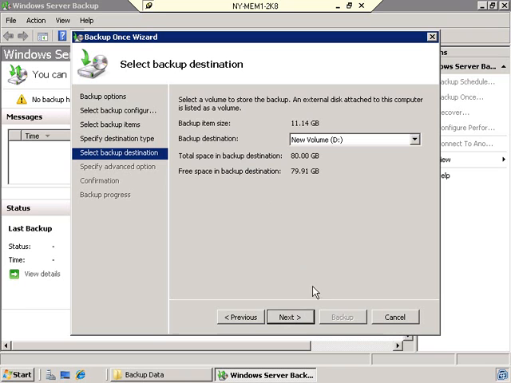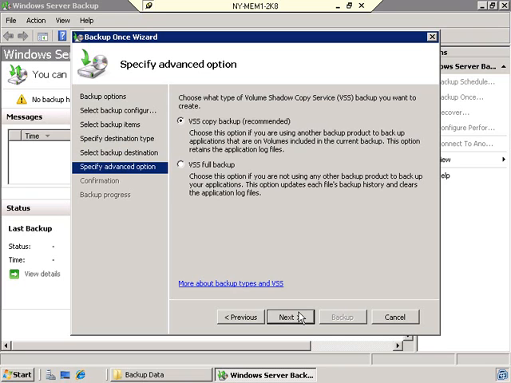If I click next, you'll notice that the C drive currently has 11 gig. If I want to back it up to the D drive, it currently has 79.91, or almost the full 80 gig available. So that is an acceptable drive to back up to. I'll click next. I get to choose, and this is an interesting screen that doesn't pertain to everybody, but I